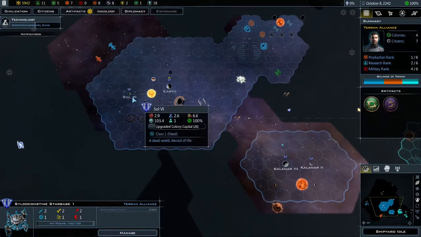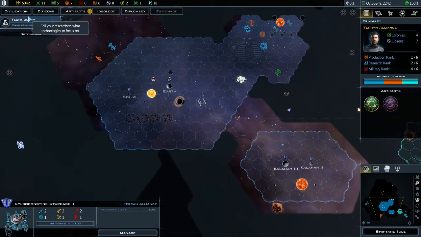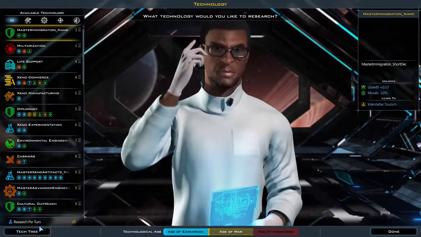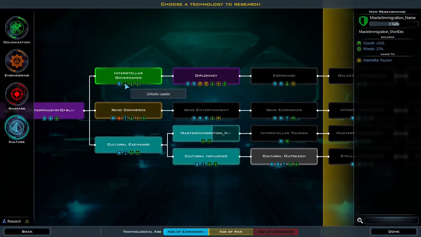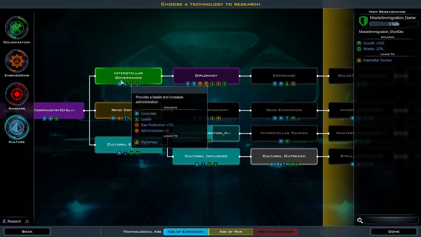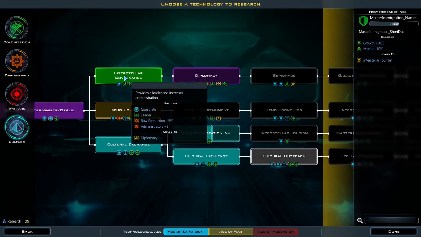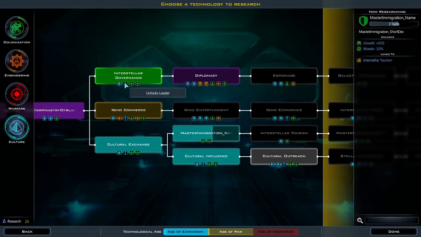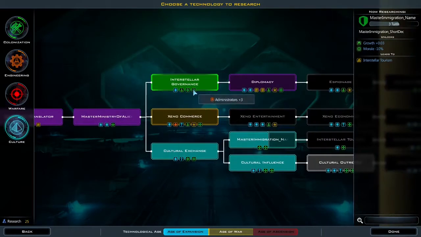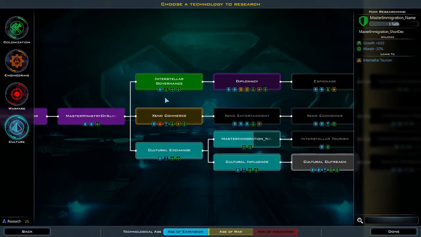And you can only get them after you get a specific technology. You can get them only after you get interstellar governance in here under the culture tree, and that's what you want to go for if you want to have